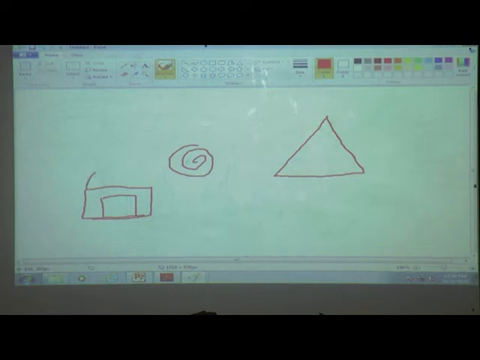When we are drawing by using this brush, the shape is not clear. But instead of using this brush tool, if we use these shapes, then our shapes will become very clear. You can see, by using the drawing tool I draw here, and by using the shape tool I draw here. Clear?